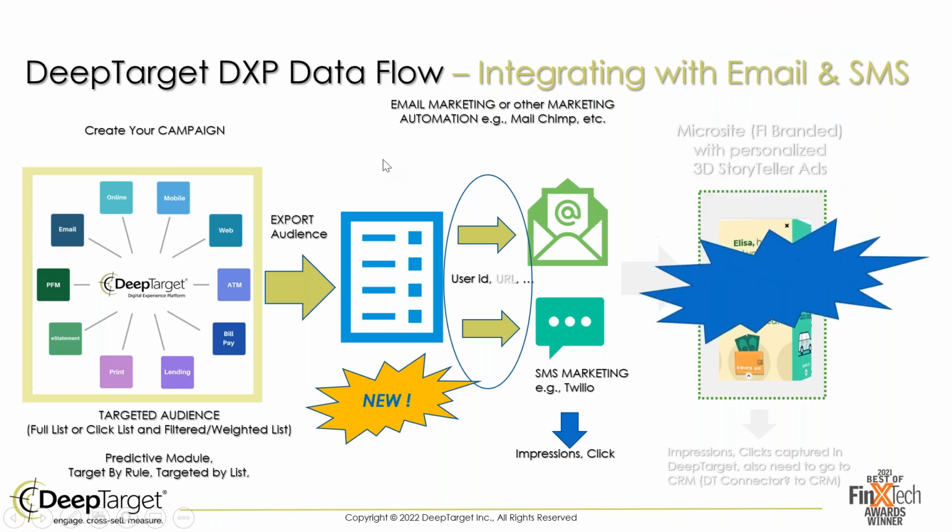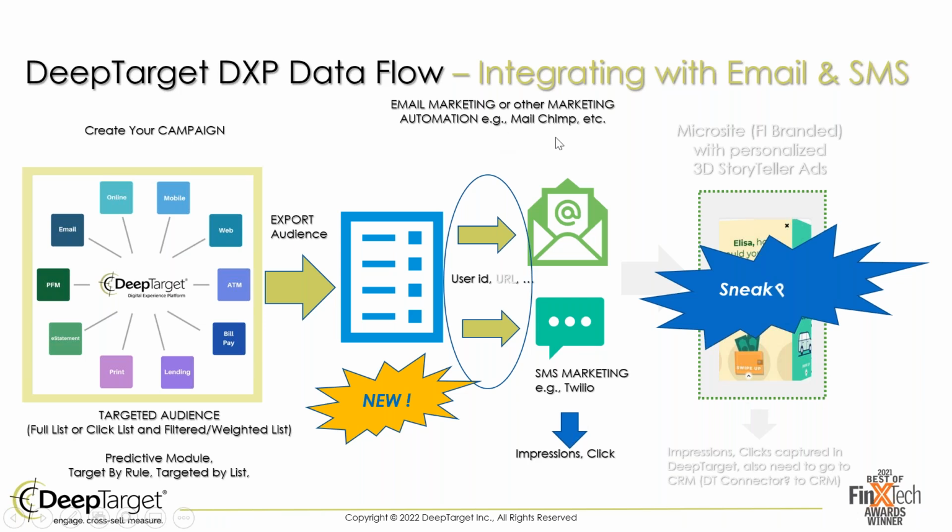And then we're going to give you a little sneak preview. What if you could then not only get the user ID, user information to utilize email and SMS, but you also got a URL that could be placed in that email or that SMS text, such that when that user clicked on it, it could go to a microsite website that you've branded yourself and pop up with Deep Target ads there. So let that just bounce around in your head as well, because you're getting a sneak preview of what's coming. And so we're real excited about that, okay?